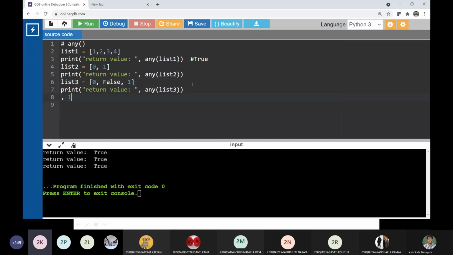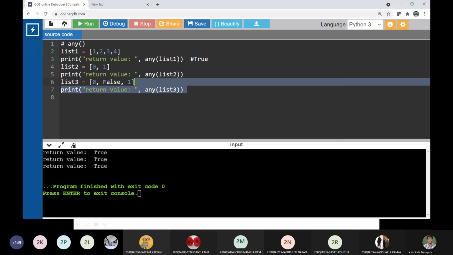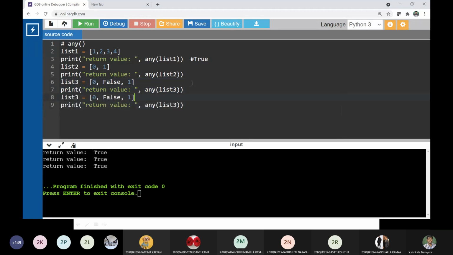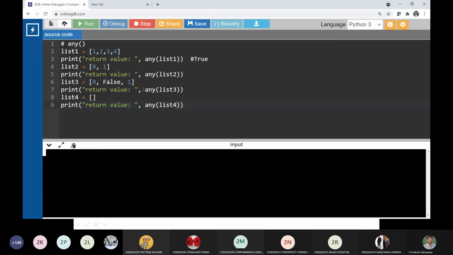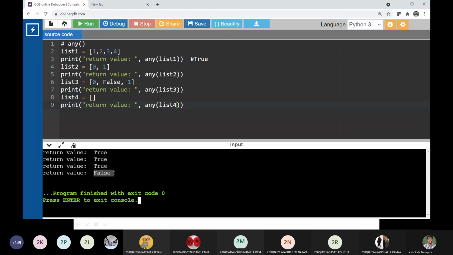One more minute. So what is the value of an empty list? Yes, false. There is nothing in the list, so it indicates false. Is that clear? If it is a negative value, sir? No problem, a negative value is also no problem.